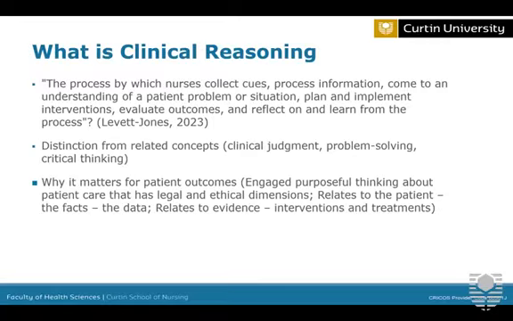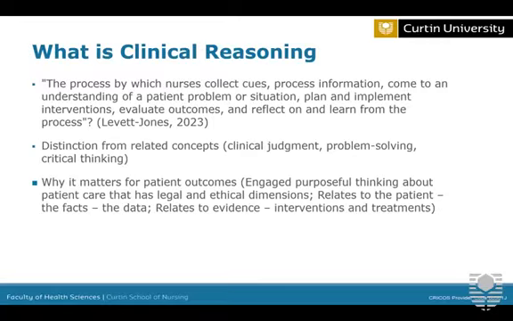So Tracy Levett-Jones is fundamental in publishing the clinical reasoning cycle, and its approach to clinical practice and the development of clinical judgment is absolutely fantastic, and for that very reason we've adopted the clinical reasoning cycle as a method for you to learn and